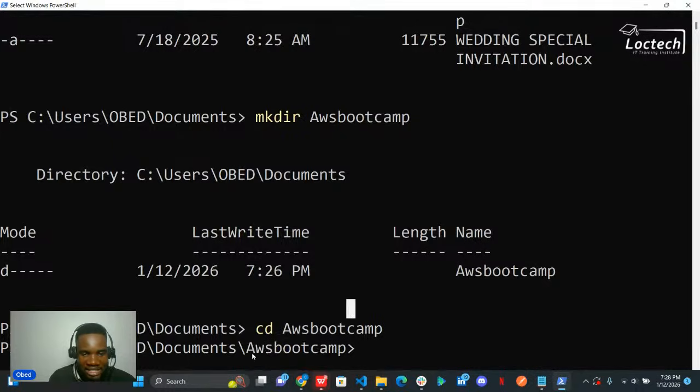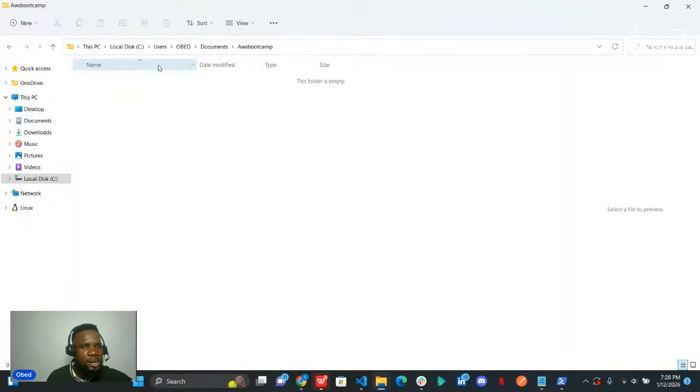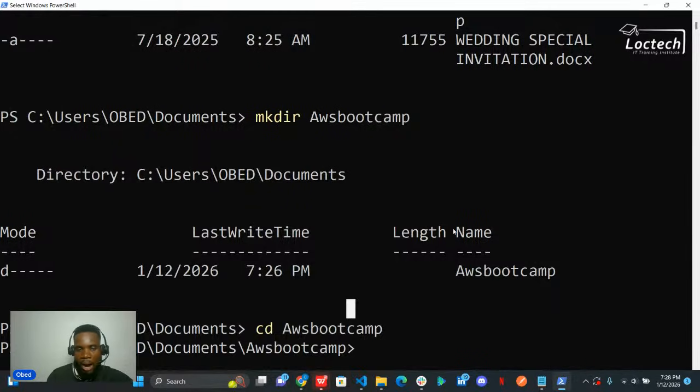Remember, the last thing we did was to move into AWS Bootcamp, right? Now I'm in AWS Bootcamp, and as you can see here, my AWS Bootcamp folder is empty. What do I want to do? I want to create a file or a folder. Let's see how to create a file. I'm going to create a simple text file. So how do we create that?